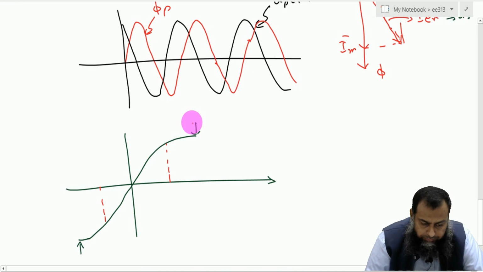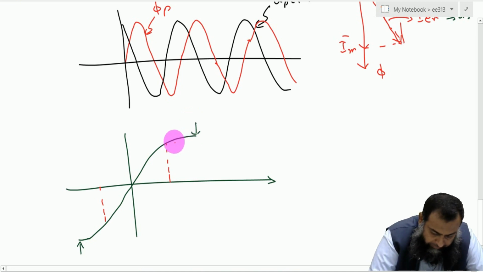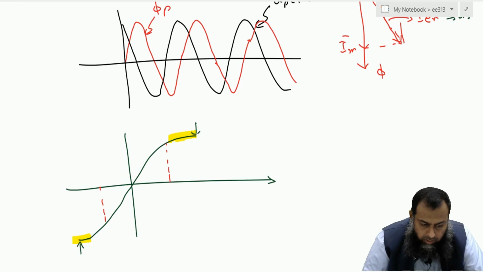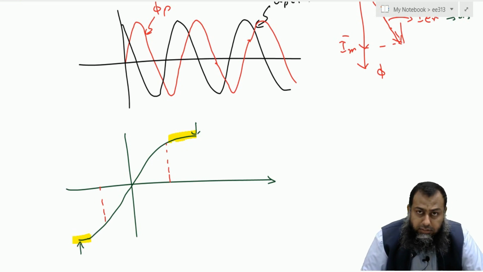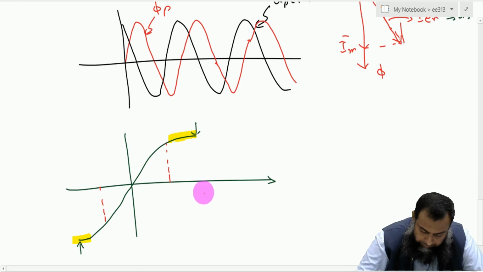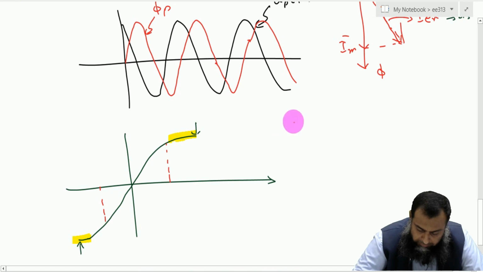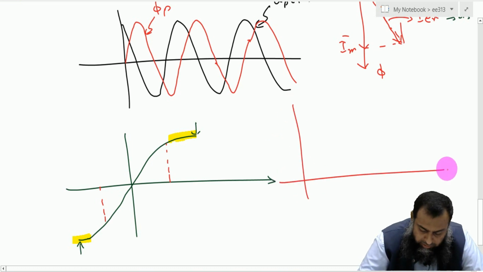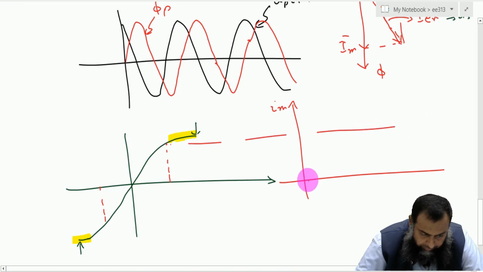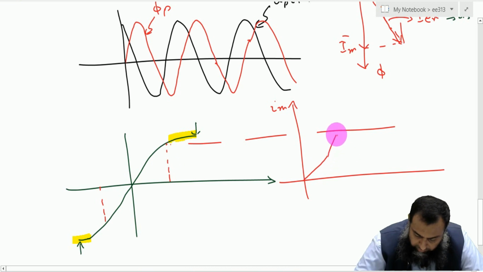One should notice that near this saturation point, in all this area where we have the saturation, a small increment in the flux requires a very large amount of current, and therefore if I plot the magnetization current here, which is this IM, then till this point we have a current which increases like this, and when we reach this point it increases like this, and it goes like this, and thereafter